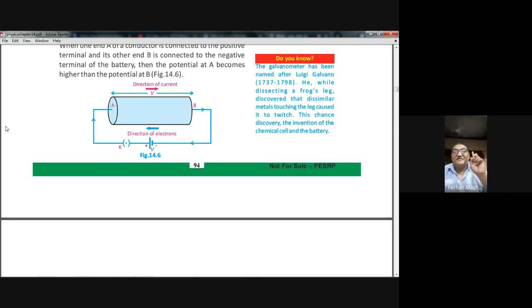But when it came out of the positive terminal, it has high voltage. For example, it has 12 volt. And when it will go to the negative terminal of the battery, after passing through the circuit, its voltage will be 0. So the voltage is lost when it passes through the circuit. I mean, it gives its energy. It gives energy out. It loses its energy. That's the potential. Energy per unit